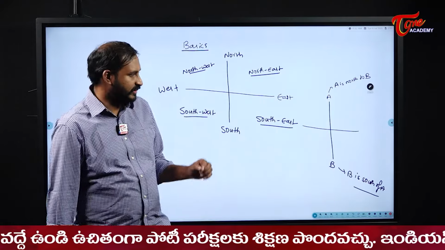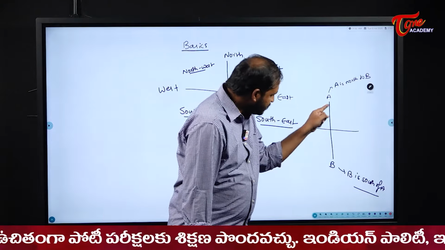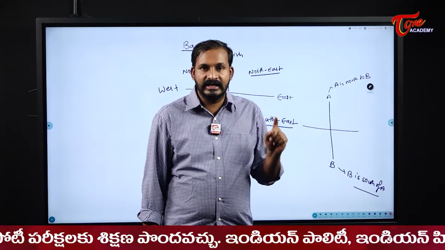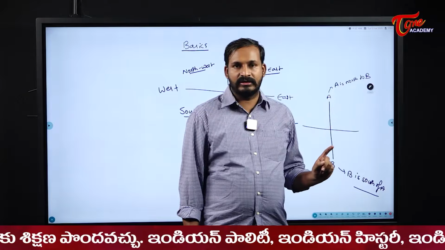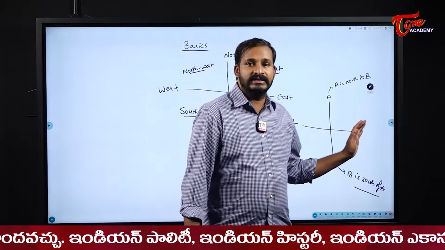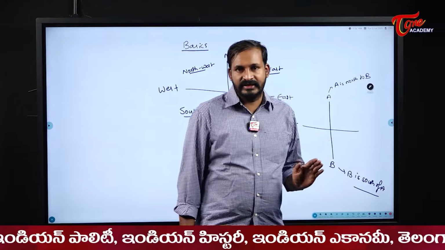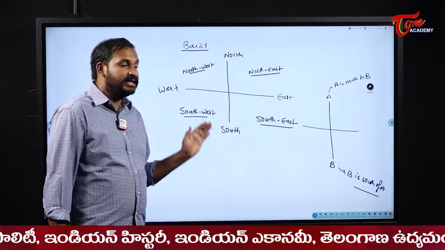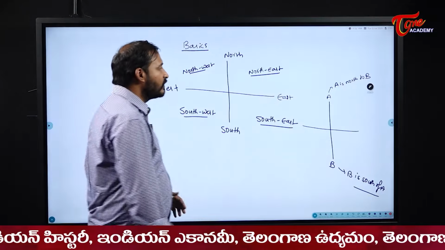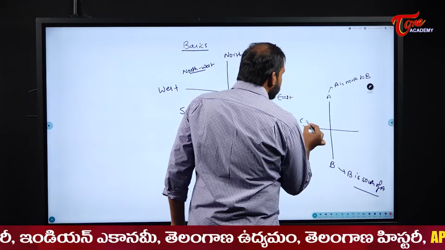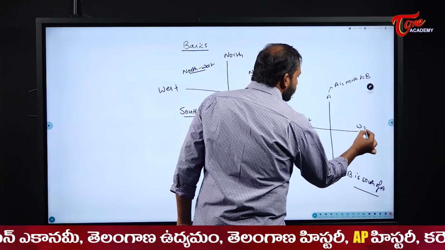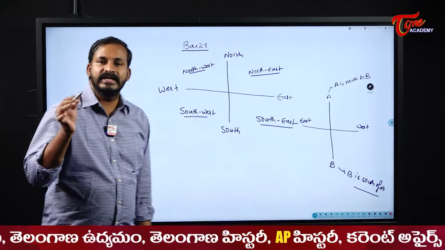Now please see here, students. Until and unless they are in a straight line, only then can I call them north and south. Similarly, the same case applies with east and west also. If they are in a straight line, then only we call them north, south, east and west. Okay. If they deviate by a small angle,